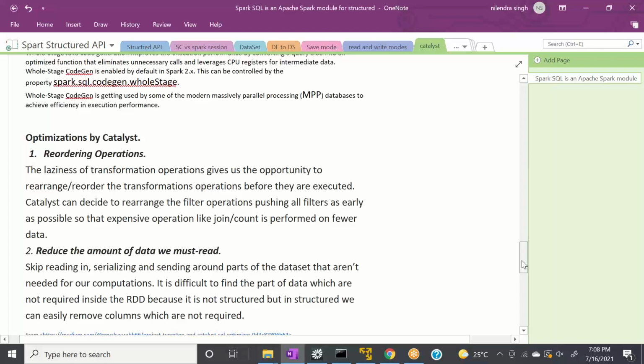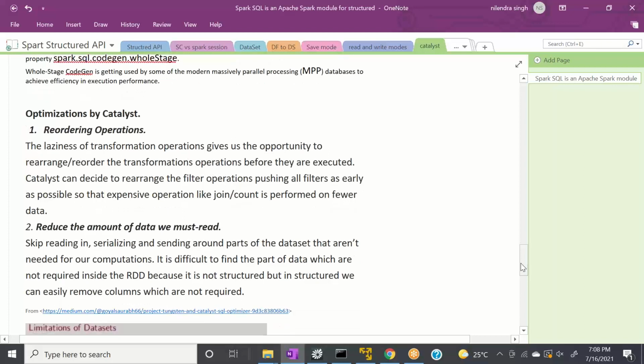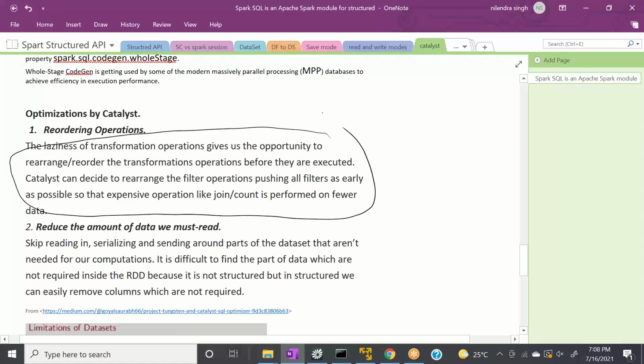There are a lot of things that optimization is doing, for example, reordering the operations. This is a very important point, and I will explain it in a lot of detail. So what we know is RDDs are lazy, right? RDDs are lazy, and data frames behind the scenes are converted to RDDs. Now the question arises: since RDDs are lazy, how can we use this lazy behavior to do some performance tuning? So what Catalyst does for you is, the laziness of the transformation operations gives us the opportunity to reorder the transformation